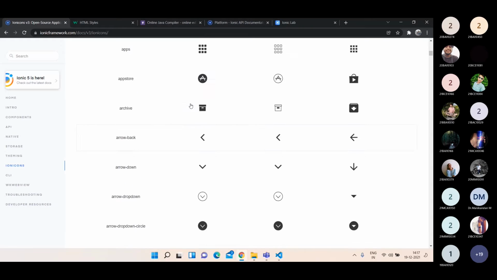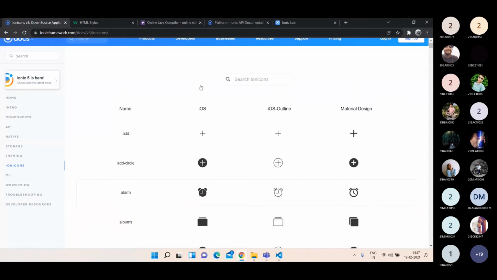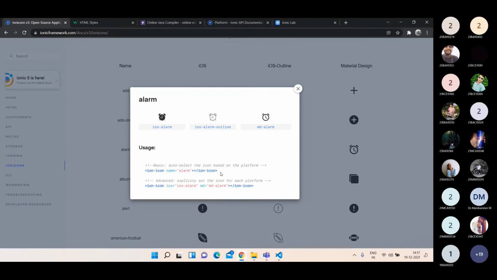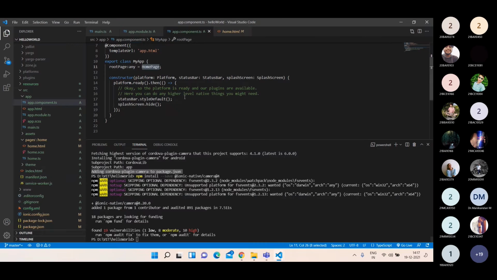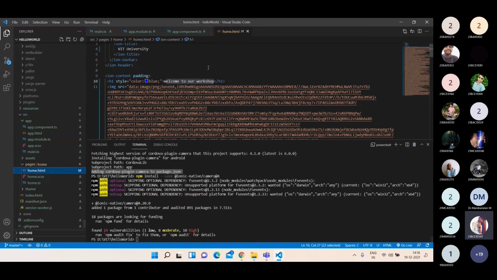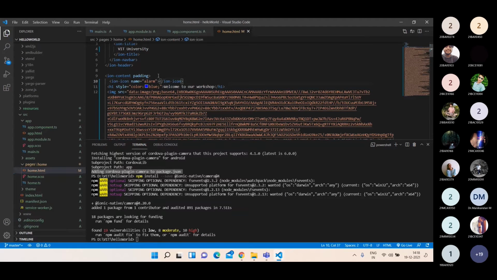Okay, for example, in your application, let's say I want to use this alarm icon. So I'm just going to copy this tag and paste it in my home.html. I just want to show this icon. Okay, so I'm saving it.